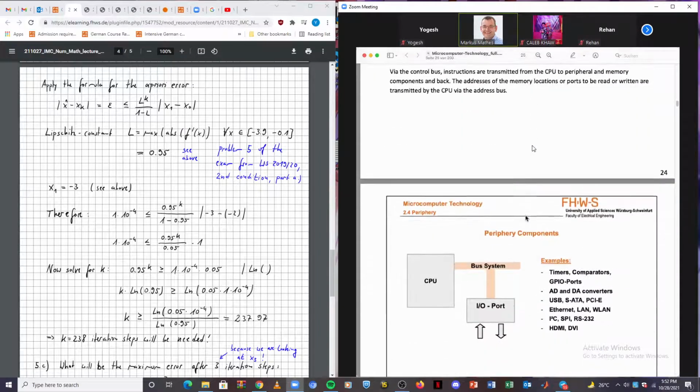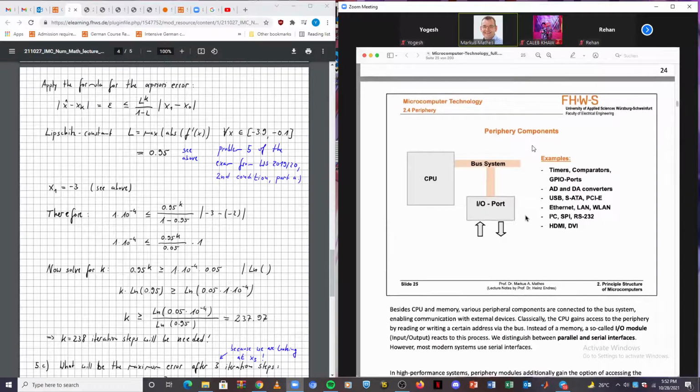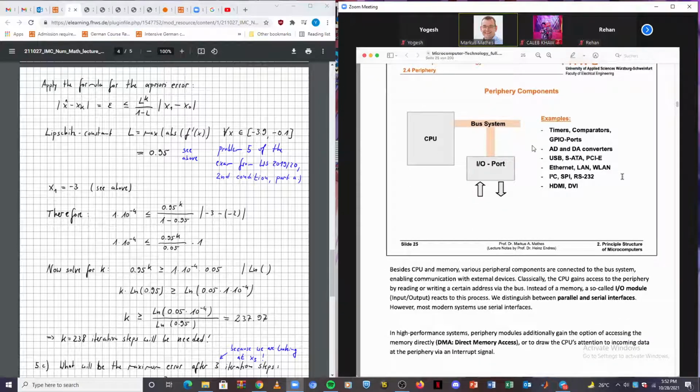Okay. And last but not least, we want to talk about the periphery. The periphery is connected to your microcomputer via a so-called I/O port or input-output port. And here are some examples for periphery, so timers, comparators, general purpose I/O ports, analog digital or digital analog converters,